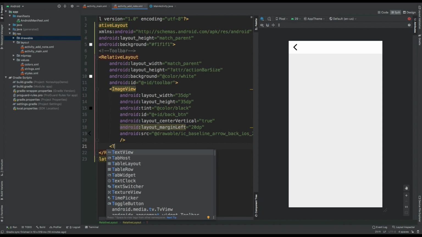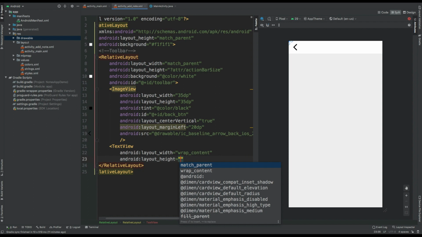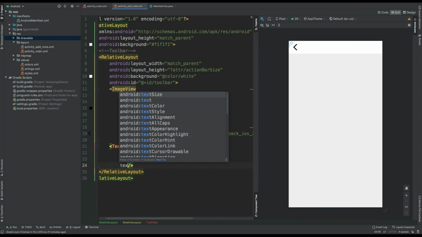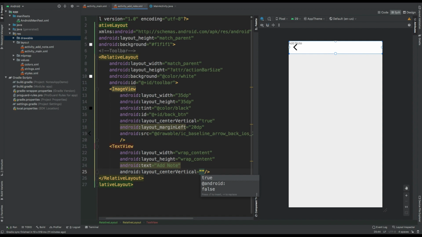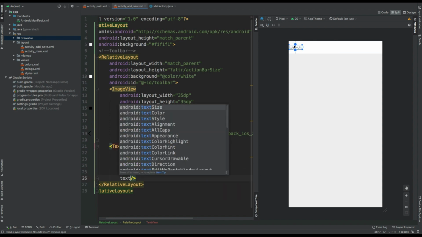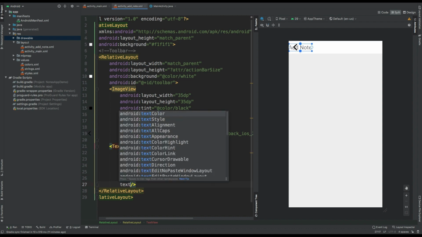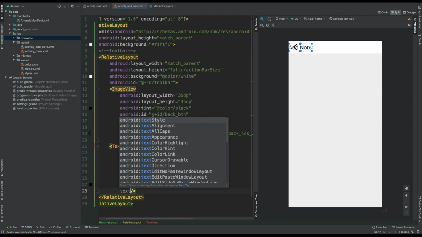And I'll give it a text view, wrap content, a text, let's say add note, center vertical s2, text size 24 sp, text color as black, text style bold,